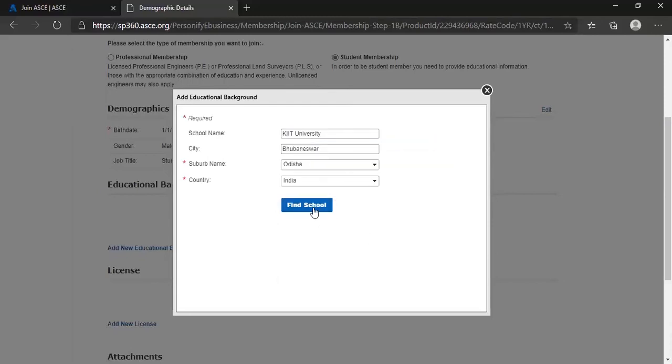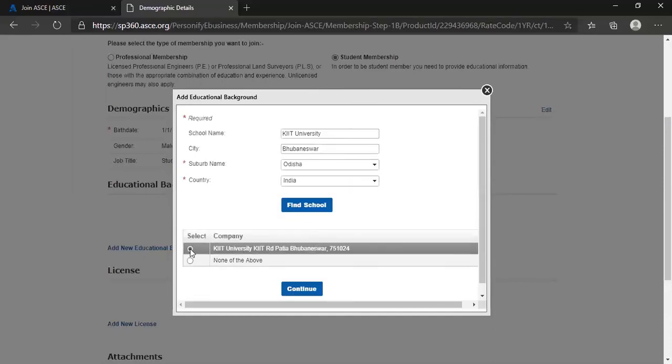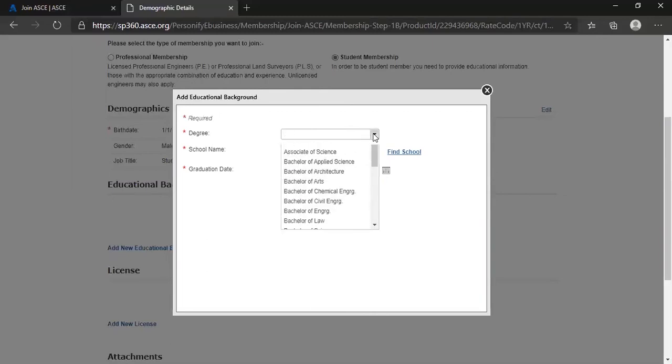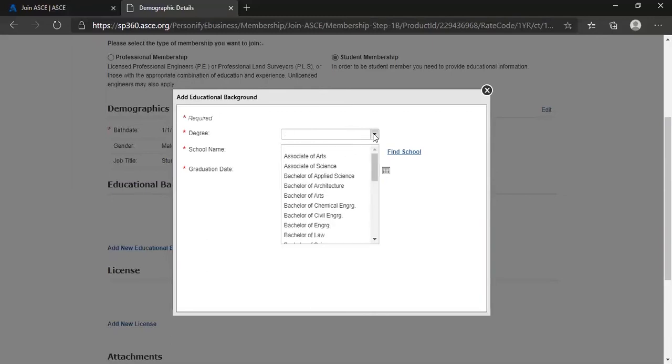And then you need to click on find school, because it will automatically search for the school in ASCE's database, and it will show the name that is already registered under ASCE, that is KIIT University, KIIT Road, Patia, Bhubaneswar. Then you click on continue. As you can see, ASCE has already detected KIIT University as a university, and you can also select the degree. I'm gonna select Bachelor of Civil Engineering,